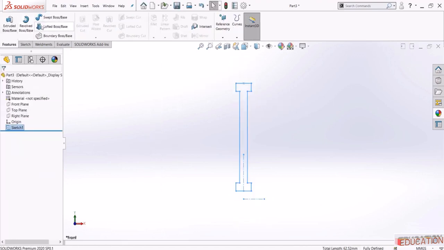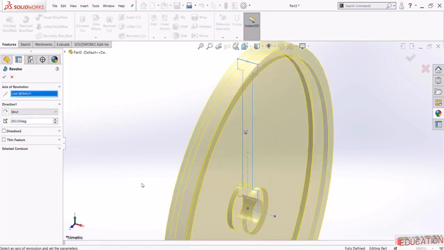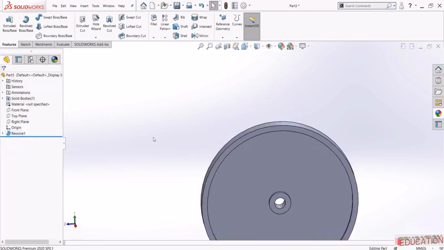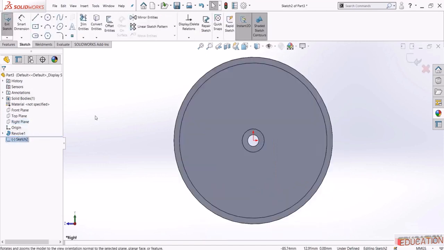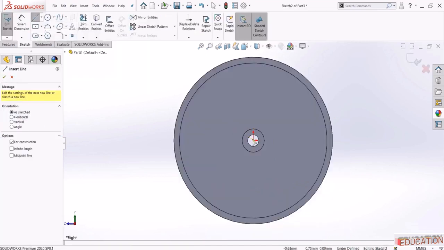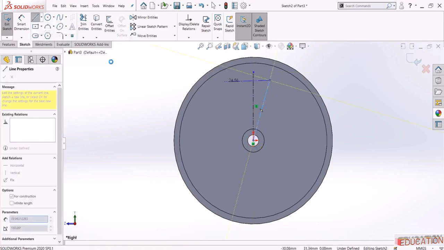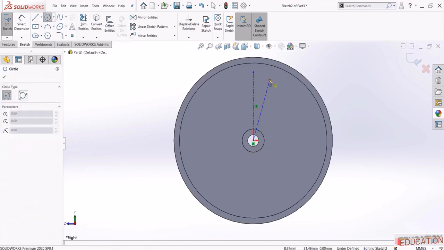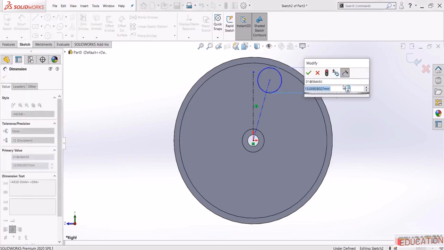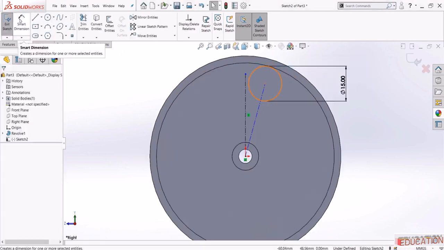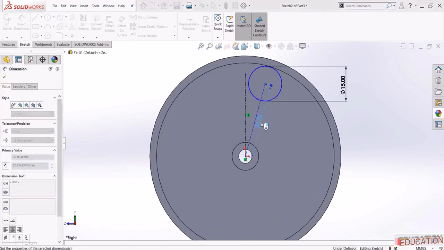Then finish the sketch, and here select revolved, and for the axis of revolution select this center line, then hit OK. And then start a new sketch on the right. And let's start with a center line and another one. And here we need to place a circle, and we need this diameter to be 15, and we need this length to be 31,